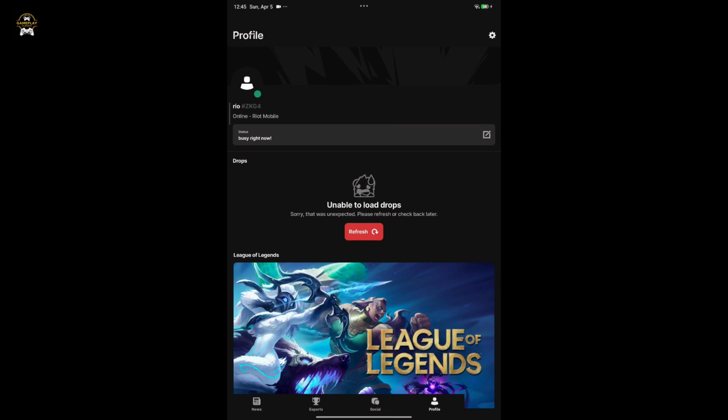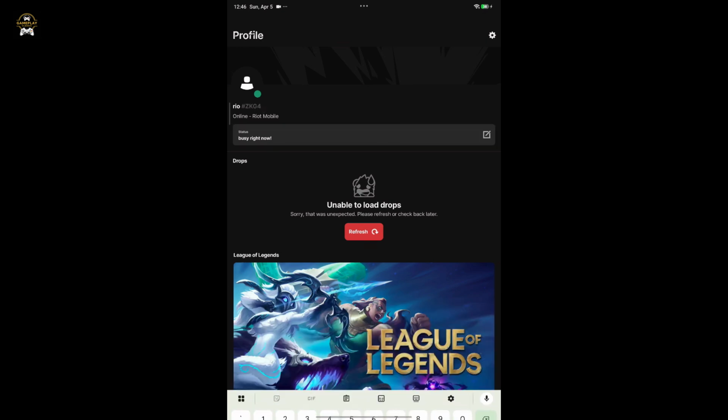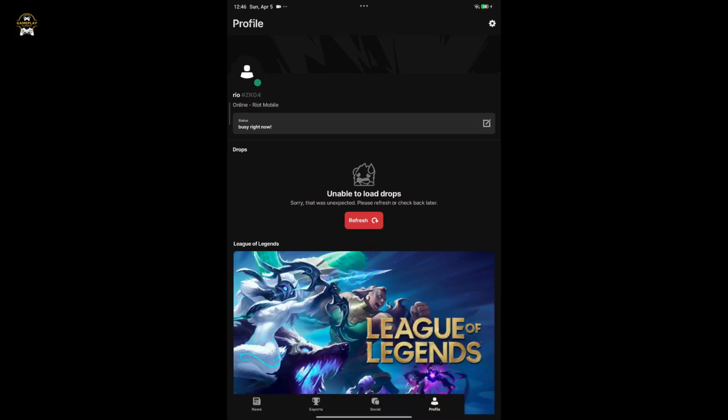Your tagline is case sensitive and important when friends want to add you. Simply go ahead and write down your tagline somewhere safe. If you want people to add you, then you'll need to share this tagline with your friends. Simply go ahead and show them this tagline and you'll be able to add each other using the tagline on